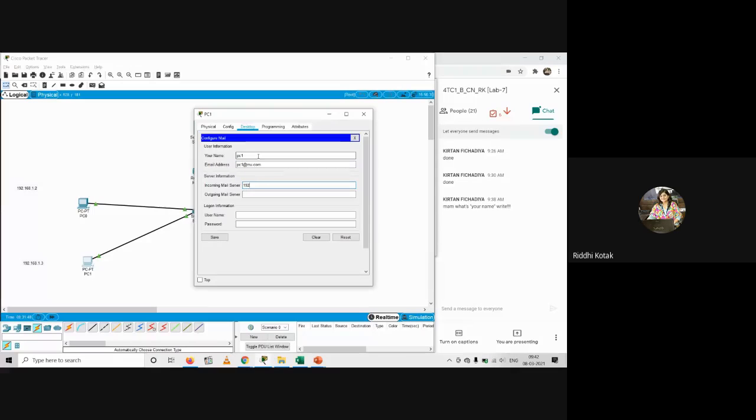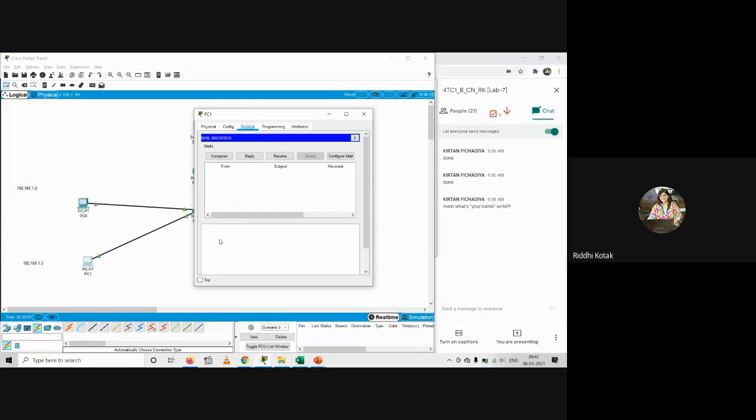Incoming 192.168.2.2, 192.168.2.2. Username is PC1. Password is 456. Then save this.